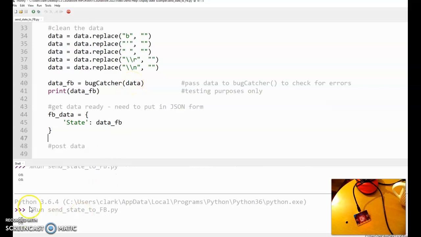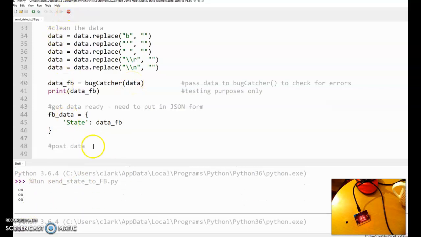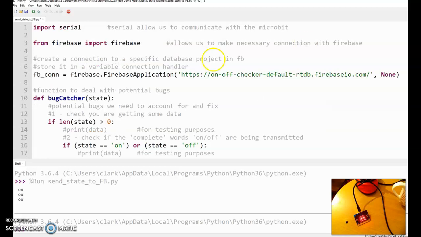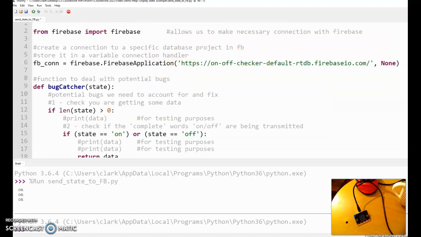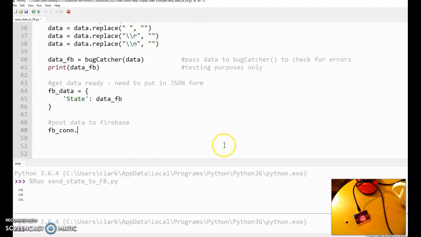And yeah, still working all alright. And post data now to Firebase, and to do that, I just use this one here. I say Firebase_connection. That's the connection that I made up above. That's going to allow me to connect to Firebase, and I'm going to say connection and the post,